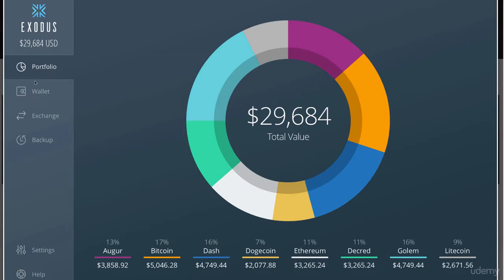Here you can see on the left there's 6 options, but for the main function of the wallet there's portfolio, where you can see all the diversification of the digital currency. Don't worry, I'm going to be showing you exactly how to set up this wallet in a few moments. And then they have wallet on the left, where it just shows you the breakdown of the actual quantity of the coins and not just a wheel to see the diversification based on percentages. And then they have exchange. The exchange is based on